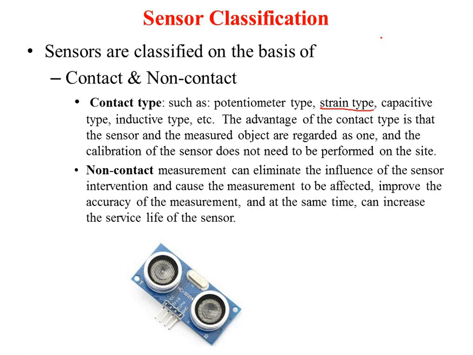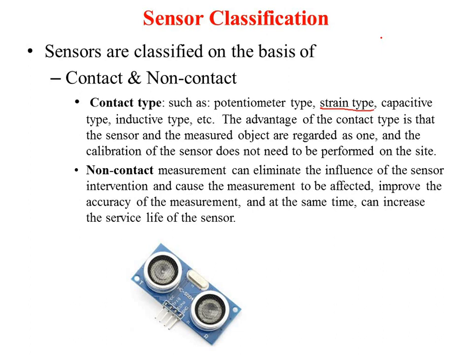So when you stand on that weight machine, that weight machine consists of a strain gauge. When you stand on it, because of your weight, that strain gauge will change its length, and because of the change in length its resistance value will change, and it will be detected in the format of a bridge, and that change is directly proportional to your weight, and you will get your direct weight. So this is a contact type. That means you are directly coming in contact; even though the weight machine is not connected to you directly, you will get in direct touch with that sensor. So there are certain examples like that.